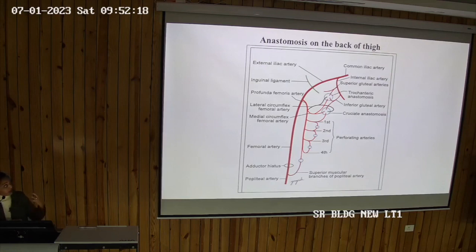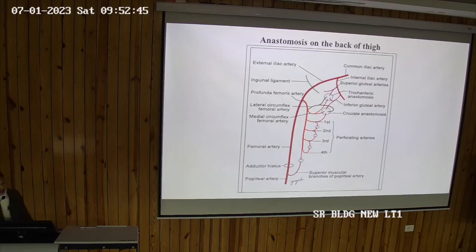Okay, external iliac will continue as femoral artery below the inguinal ligament. Then it enters the thigh. In the thigh, just below the inguinal ligament, about 2.5 centimeters, it will give off the profunda femoris. Now this profunda femoris divides into medial circumflex, lateral circumflex and perforating branches. They are given in the anterior part, then they